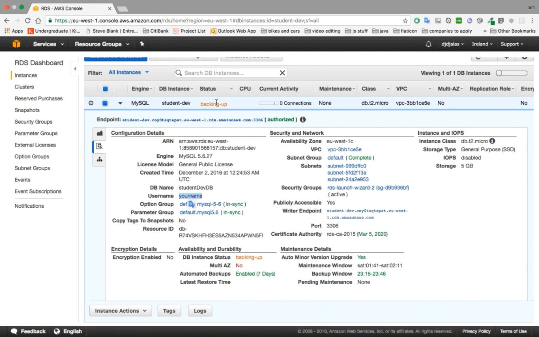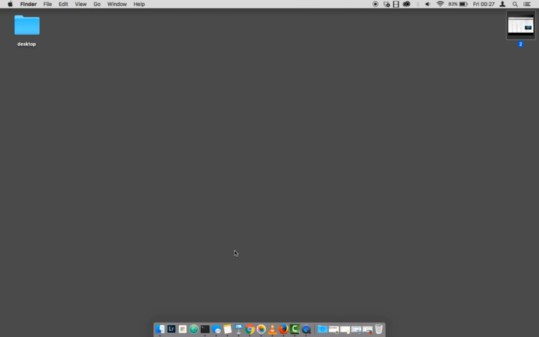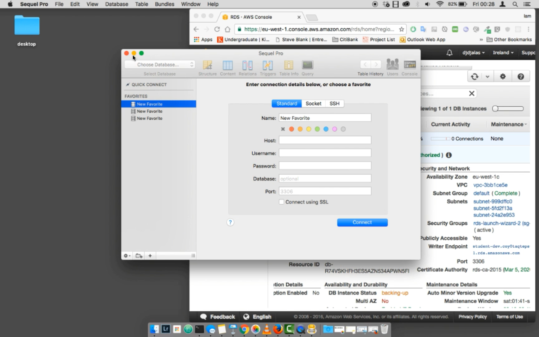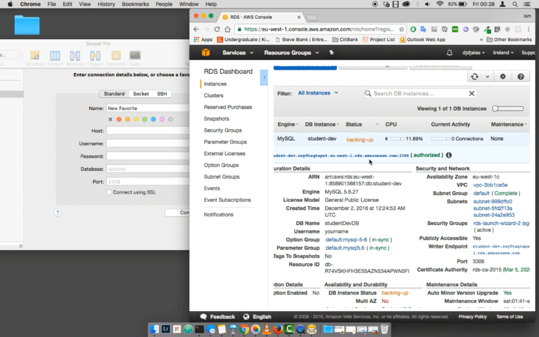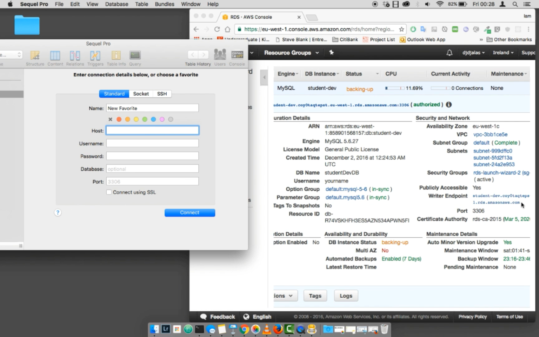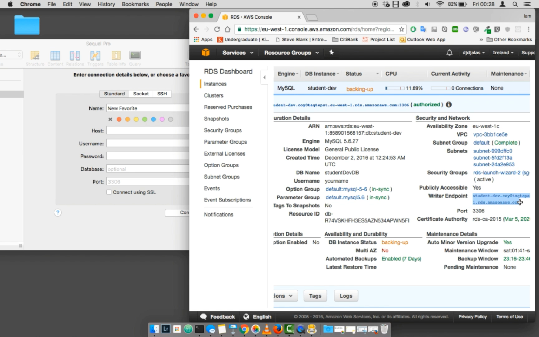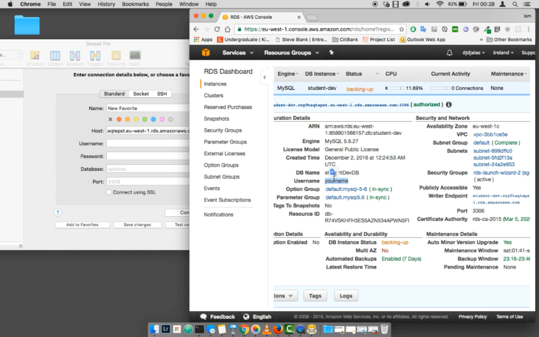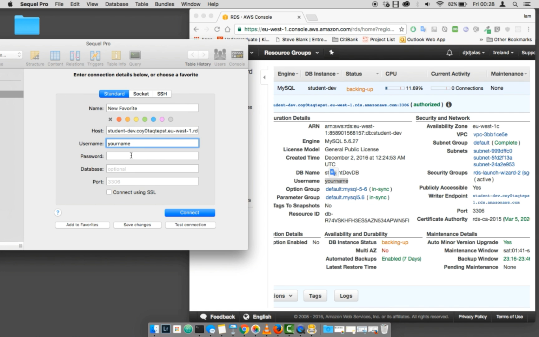Let me go ahead now and open up Sequel Pro and copy all this information to the client. I'm going to launch Sequel Pro, and just let me make this smaller and put this aside, just like that. The host will be the writer endpoint. I'm going to grab all of that, Command C or Control C if you are on Windows. And then username, this is my username, so your name. And then the password, so mine was